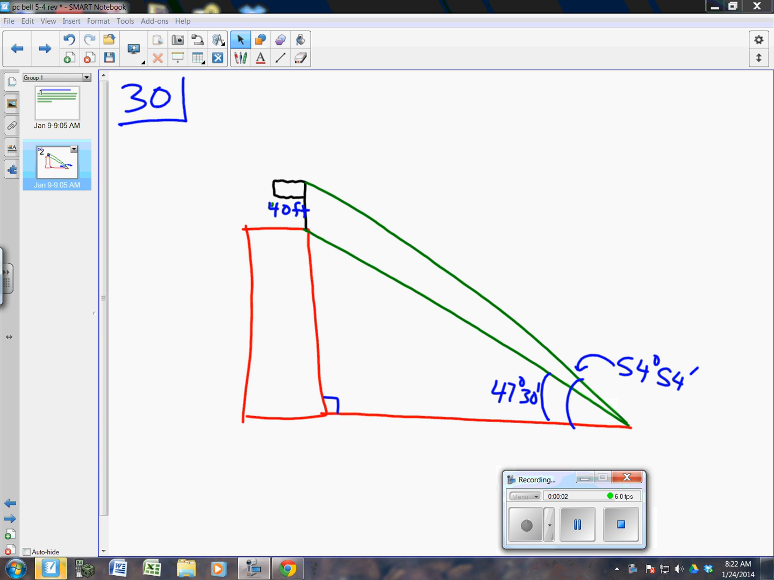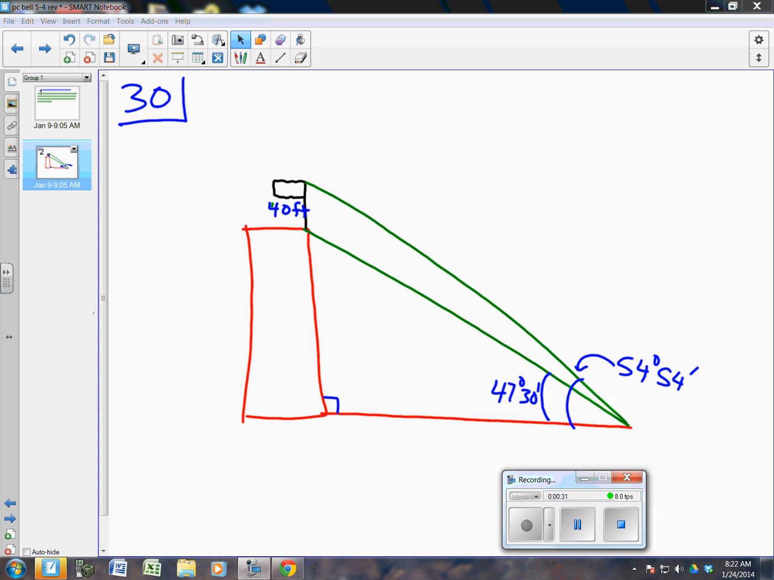So, some of you were asking about problem number 30 on the assignment. Now, this is a very difficult problem. In order to do this problem, you need to use a little creativity, unless you know what's called the law of sines or cosines, which we haven't learned yet. We will be learning that in the next little while. But without the law of sines and cosines, you've got to use a little creativity with right triangles to come